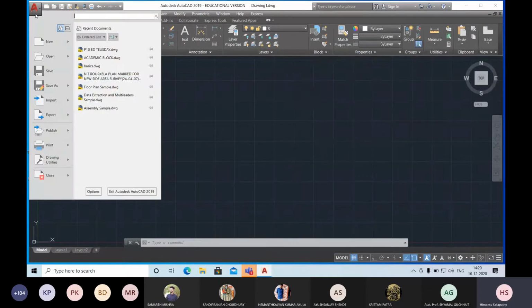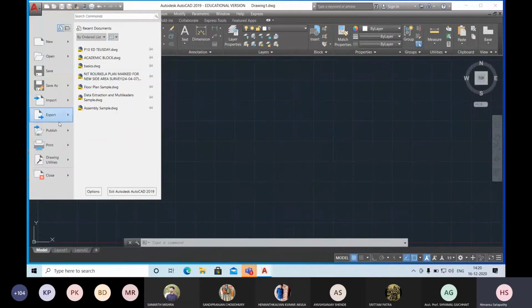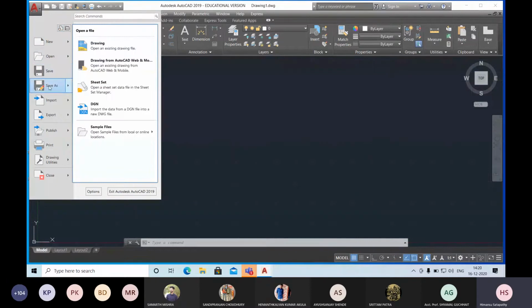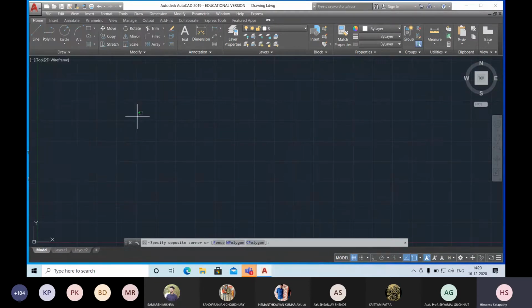And this icon contains the recent files, documents you have opened in the last classes; you can find them over here. And these are the shortcut options; whichever you have seen over here, the same thing is here also. You can create a new file, open an existing file, save as, import, export, publish, print, all the options are there. Because AutoCAD is a heavy software, before continuing with more drawings you should create a file and save a file. So I will tell you how to save a file.